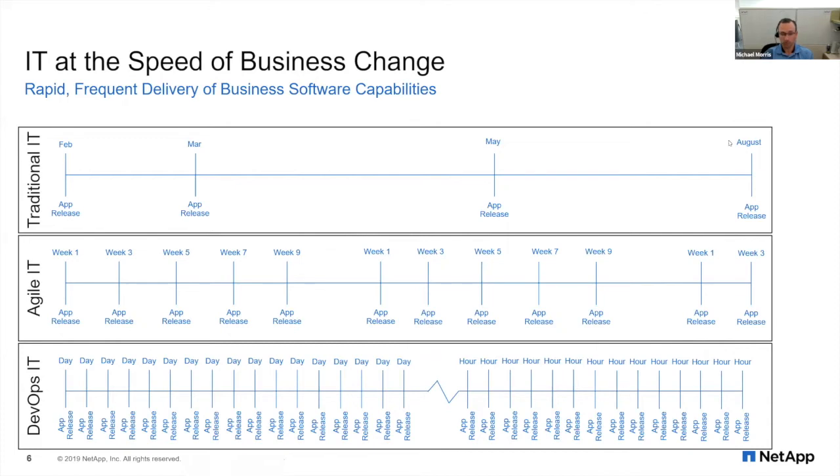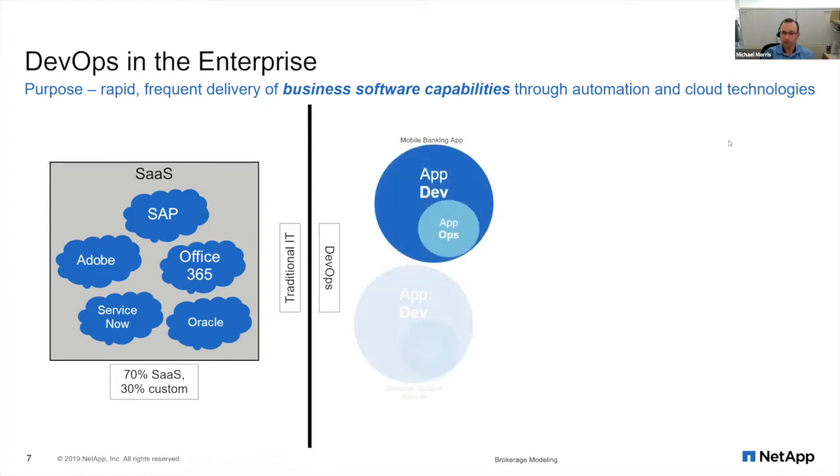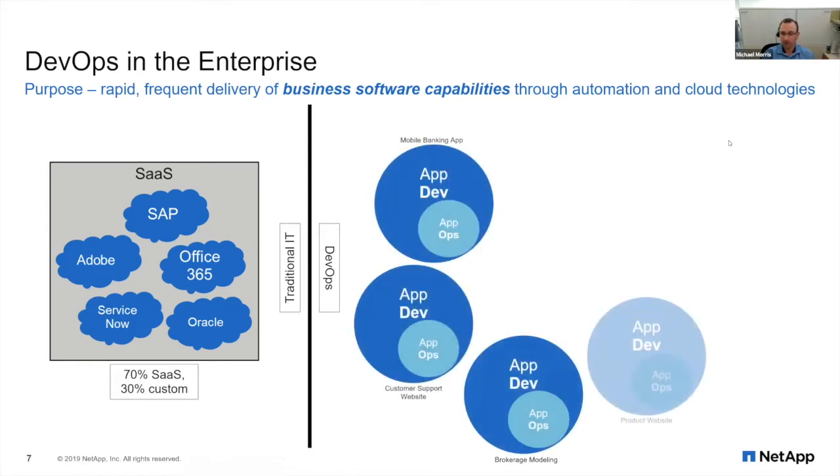This is ultimately what we want to achieve with DevOps. So how this works in DevOps in the enterprise now is the purpose is rapid and frequent delivery of business software capabilities through automation and cloud. So on the traditional IT side, this is where we're moving our applications which don't give us competitive advantage to SaaS. So things like HR and financials and collaboration like Zoom, we're going to just go to a SaaS provider and rent that. On the DevOps side is where we get the applications that give us competitive advantage and differentiate